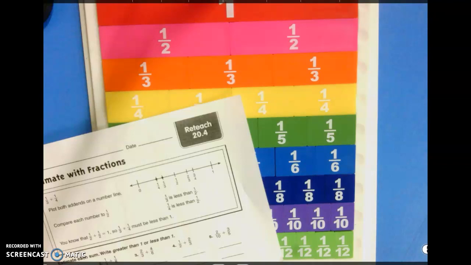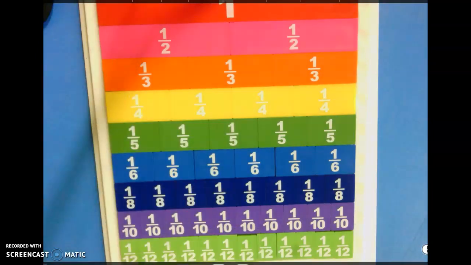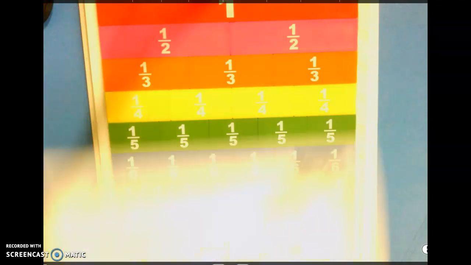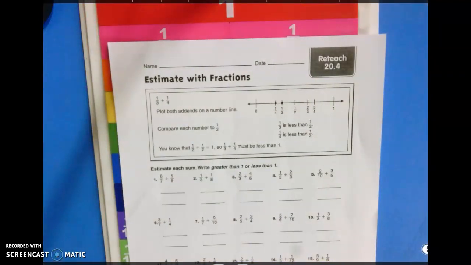Good morning, fourth graders. This is Math for Tuesday. Today, to be ready for a successful day in math, you will want to have reteach and practice 20.4, and you may want to go find your fraction strip card, which you colored to look exactly like my board here. So those are going to be very helpful tools to do our lesson today, which is all about estimating with